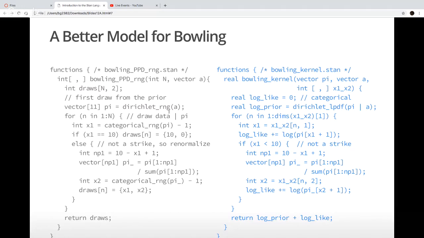For me, you could pass in any vector of size 11 that you want for A, and now we have a realization of this simplex vector pi that I can then fall into my loop for the number of frames that this bowler rolls, which is capital N, and I want to draw the data on those frames, the 2 rolls that go into it, conditional on my simplex pi.